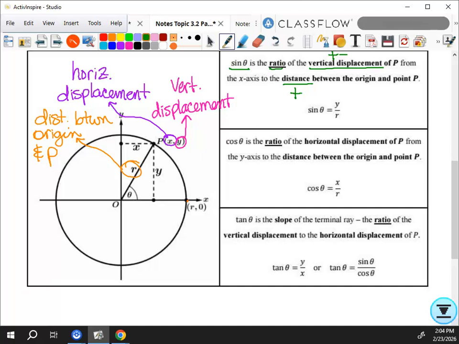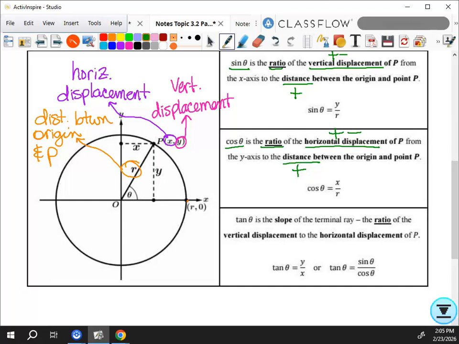X and y are displacement. So we've said for a while that sine of theta is equal to y, but I also reminded you a few times it's technically y over r. We got to just use y because it was a unit circle though, right? And then cosine, ratio of the horizontal displacement, again, positive or negative, to the distance, which is just positive. And your cosine is x over r,